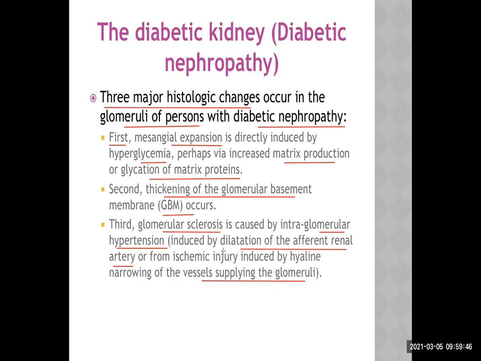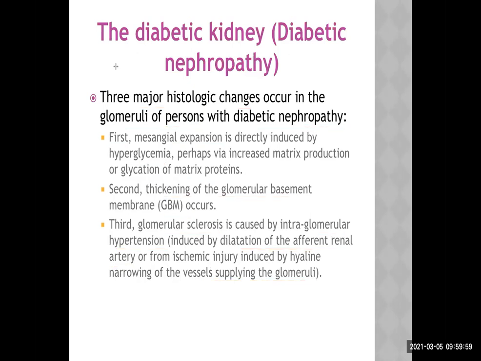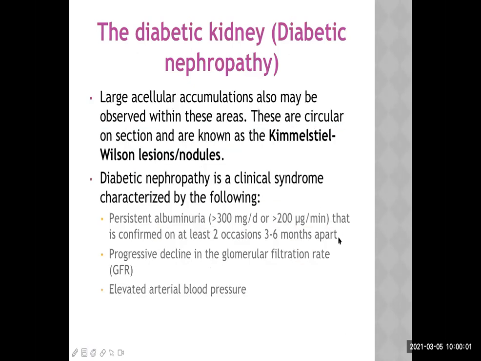So there will be an increased amount of blood flow, and over a period of time, the wall of the glomerular capillaries will be sclerosed or will get harder. And that is a part of the pathological process. Now, how do we identify that? This is the pathophysiology we are talking about.